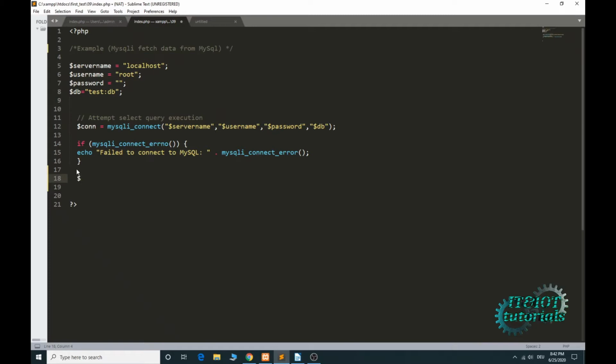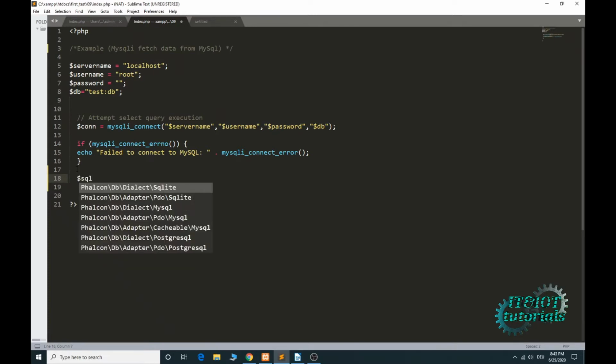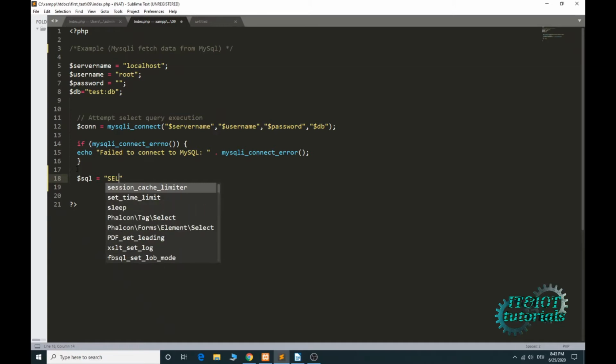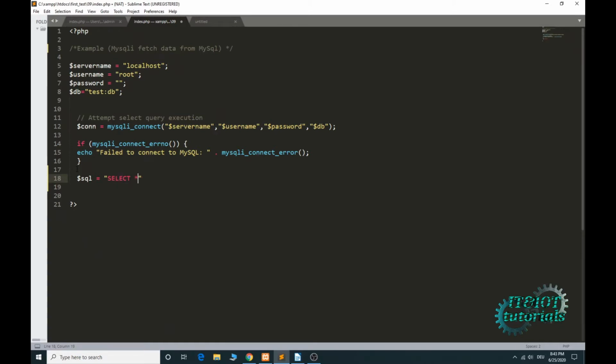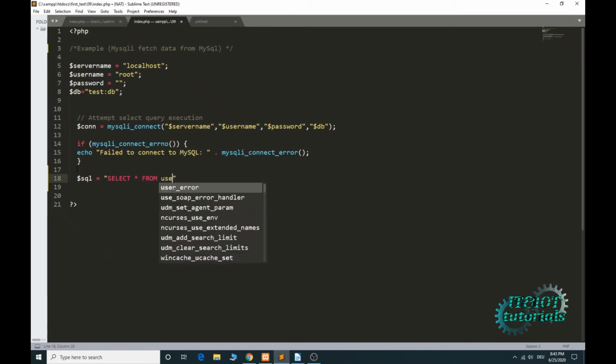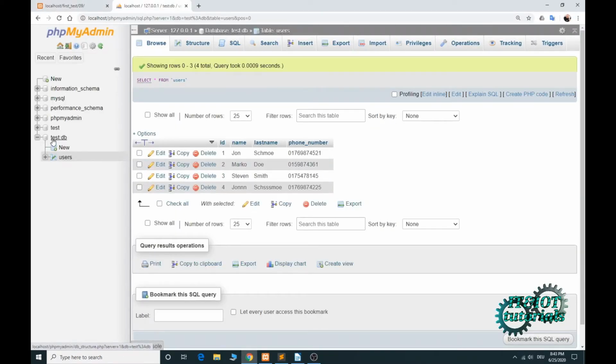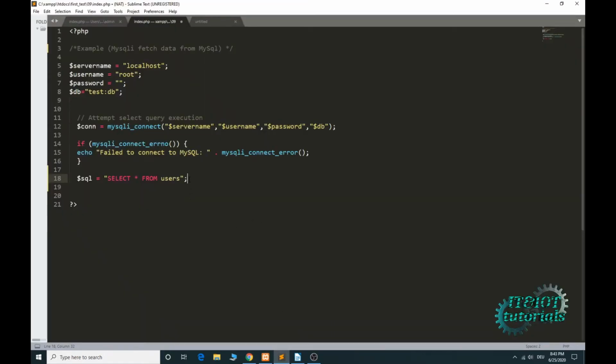and let's start. First, create variable SQL, or you can name it whatever you want. Here I will store my query. Select all from users, semicolon at the end. And why users? Because in my database, test database, my table is named users. Now, new row,